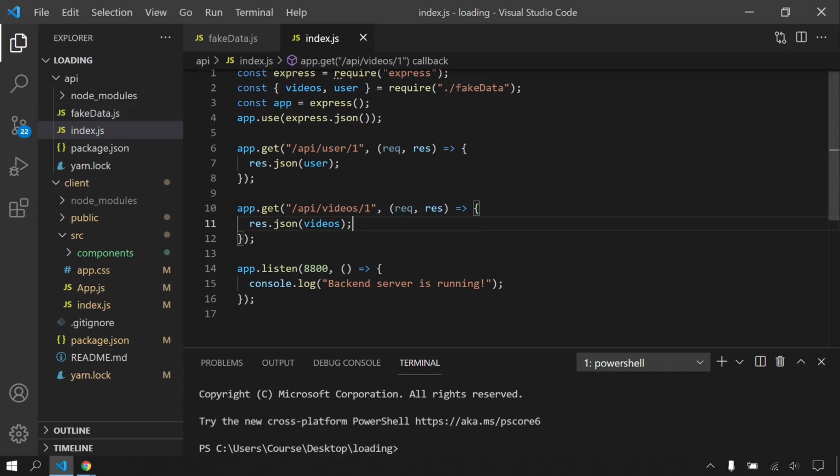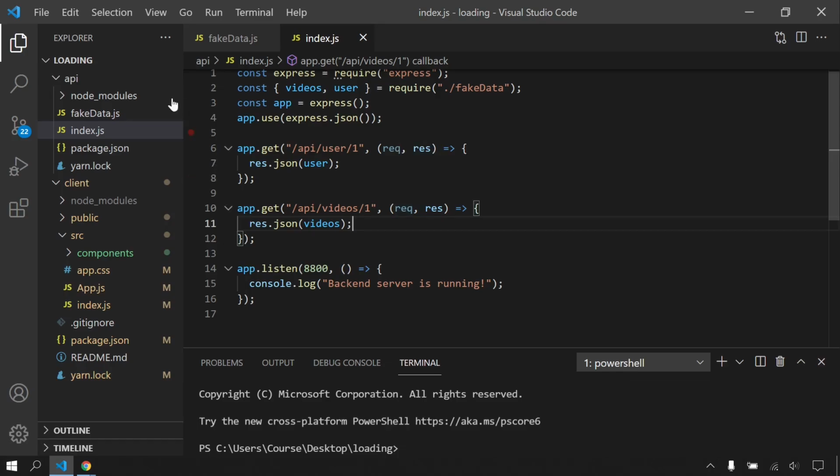By the way, if you have no idea about Node.js and Express server, as I said, it's not important for this tutorial. You can use set timeout for React, or you can use any fake API like JSON placeholder, doesn't matter. Or if you want to learn more about how to create REST API, you can check the link in the card on the right top.